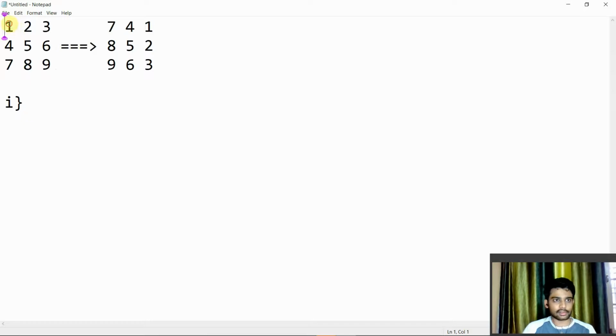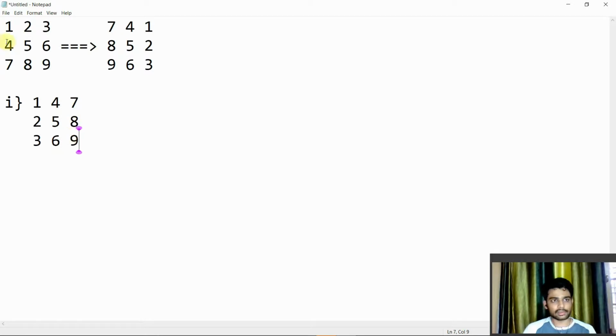Here this is a row, and this first row will be made into the first column. That is how transpose works. So 1, 2, 3 is the first transposed column, and the next is 4, 5, 6, then 7, 8, 9.